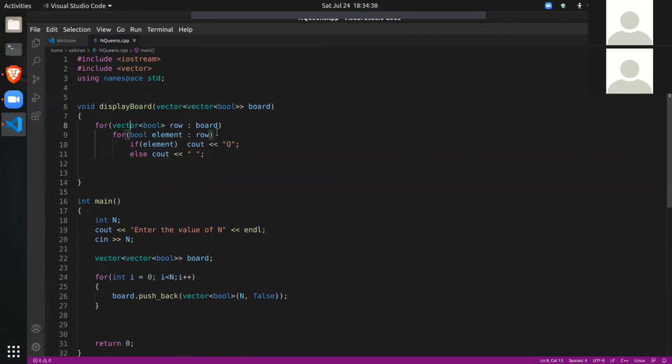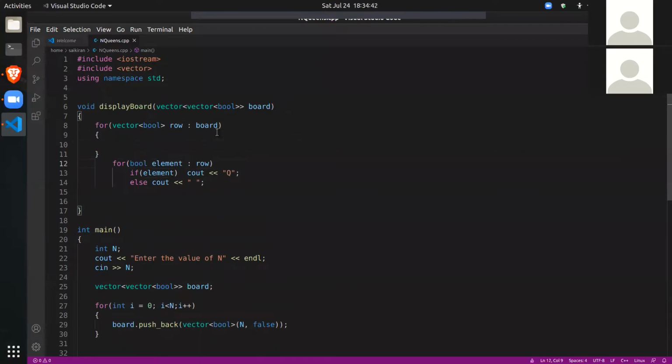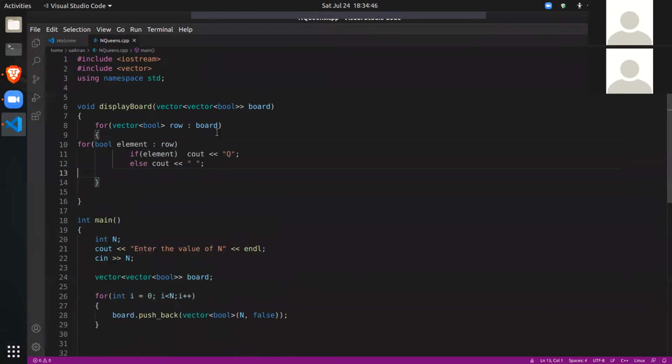And so once you print an entire row, we need to go to the next line, right? So I'll do that. And between these cells also we'll add some separation. So we'll add a bar.